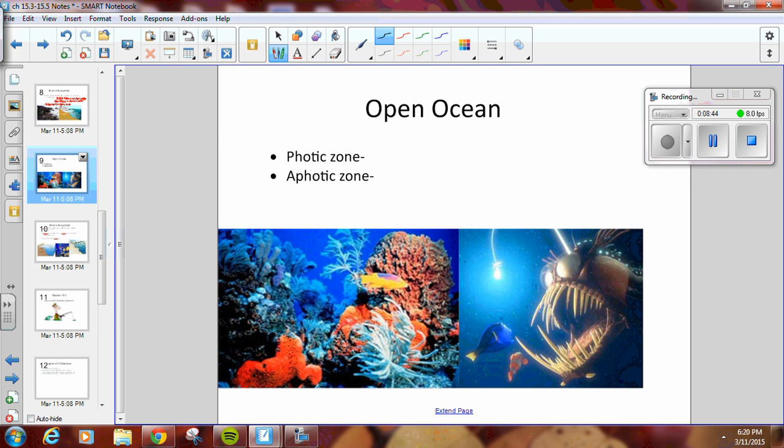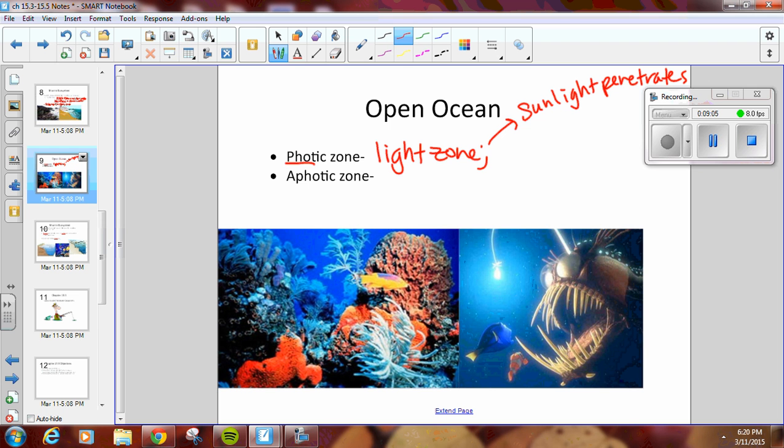Now, if we look at depth, okay, with the depth here, we have the photic and the aphotic zone. Photo means light. So the photic zone literally means the light zone. This is where sunlight penetrates. Now, sunlight will only penetrate down to 200 meters. Below that, there is no sun, so it starts getting murkier and murkier until it eventually becomes pitch black. Now, because this is where the sunlight is, this is where photosynthesis happens. And so that means most of your life is going to be in that photic zone